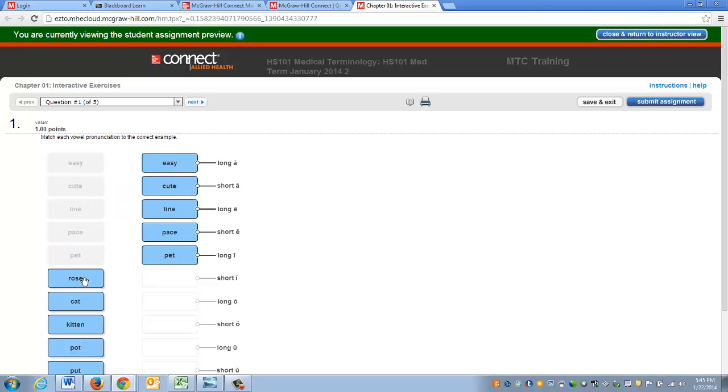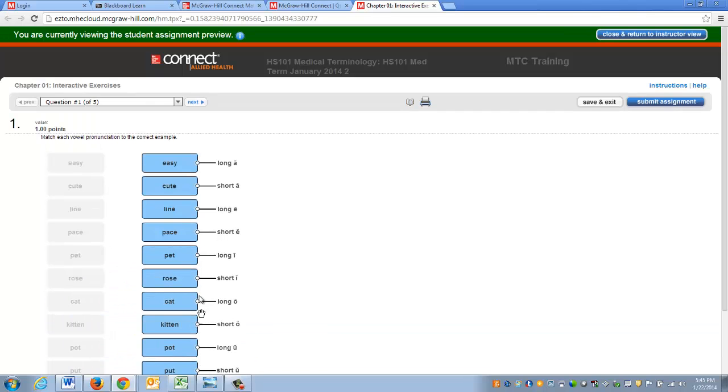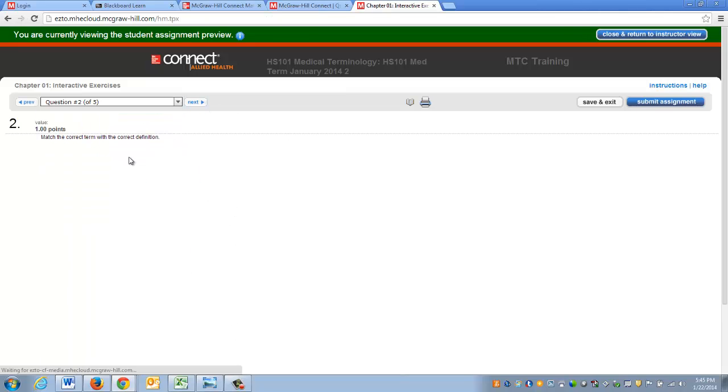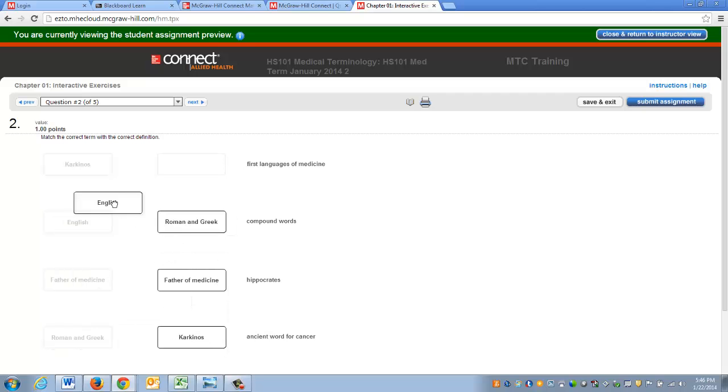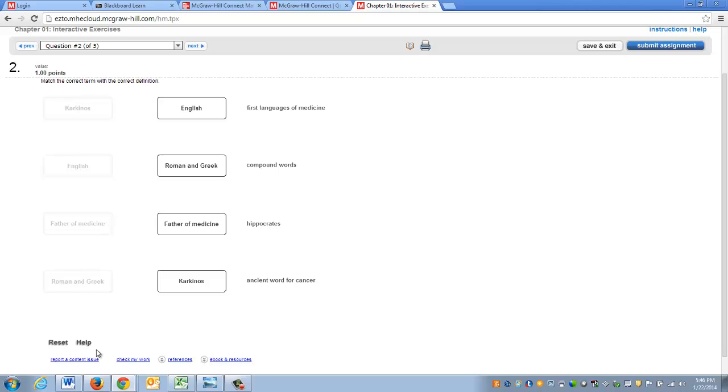All right, and they can either toggle down with the drop down or click next to go to the next portion and complete their assignments. At the bottom, I do want to point out that that message history, this is where